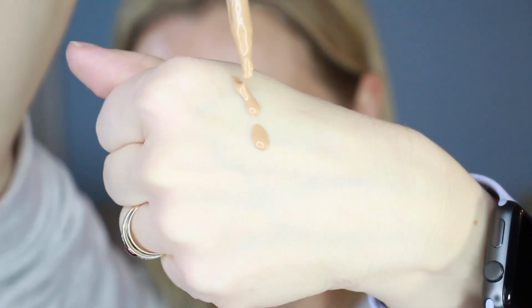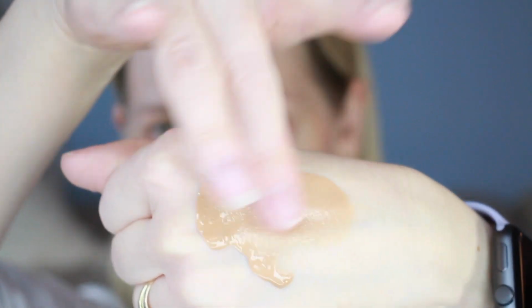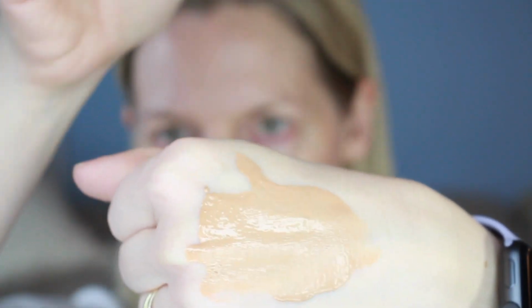Anyway, this is clearly a clean formula that they are going for. It says adjustable conditioning coverage, skin-like look and feel, formula with jojoba, marula, and shake well before use. Some natural separation may occur. And what does Green Edition mean? That means that it is 84% natural origin ingredients, vegan formula, clean formula, glass bottle made with